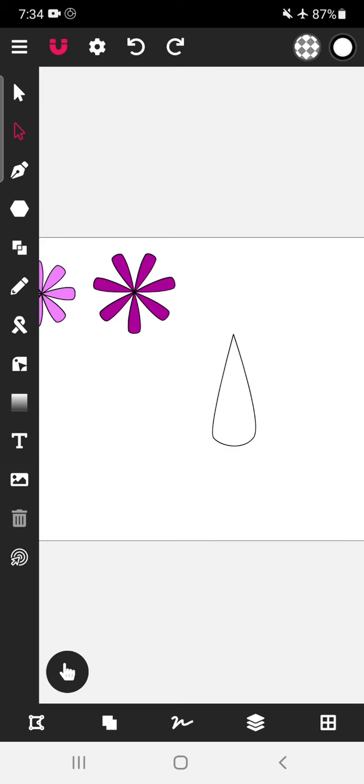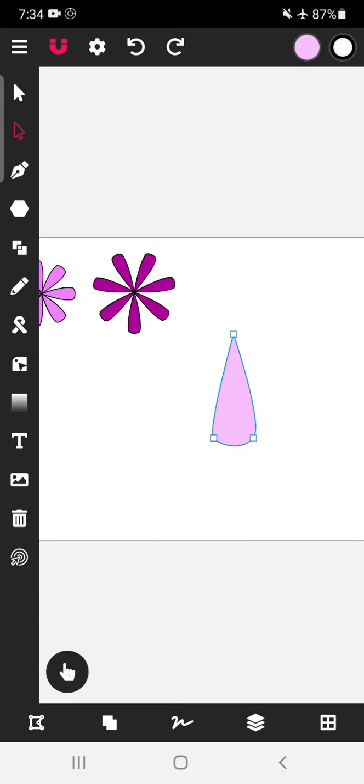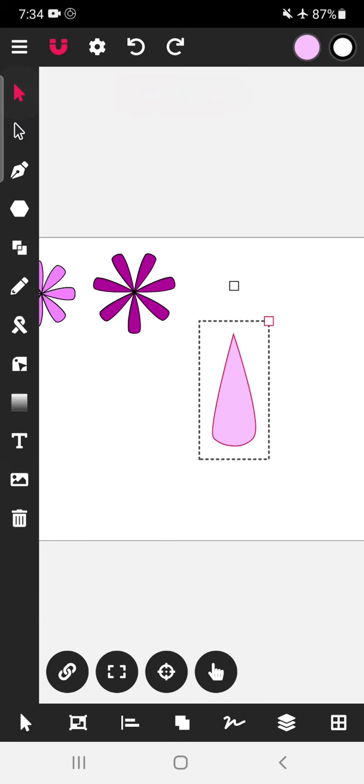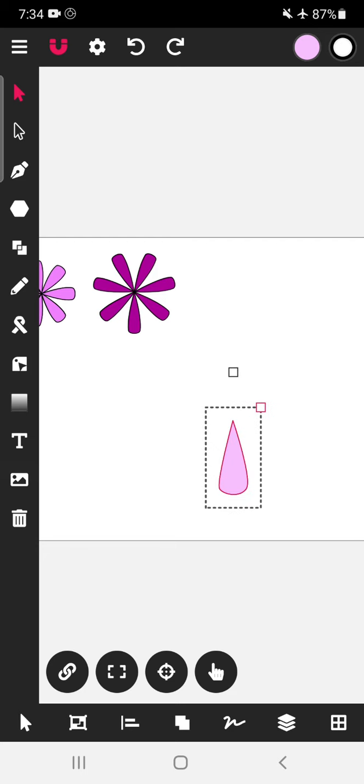Okay. We have made a petal. Select. Now this is the easiest method with which you can make a flower or a sun, any symmetrical object with an even number of objects, 2, 4, 6, 8.